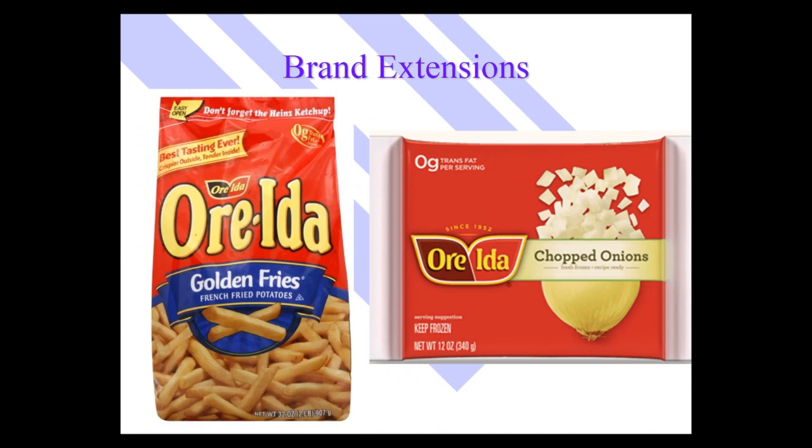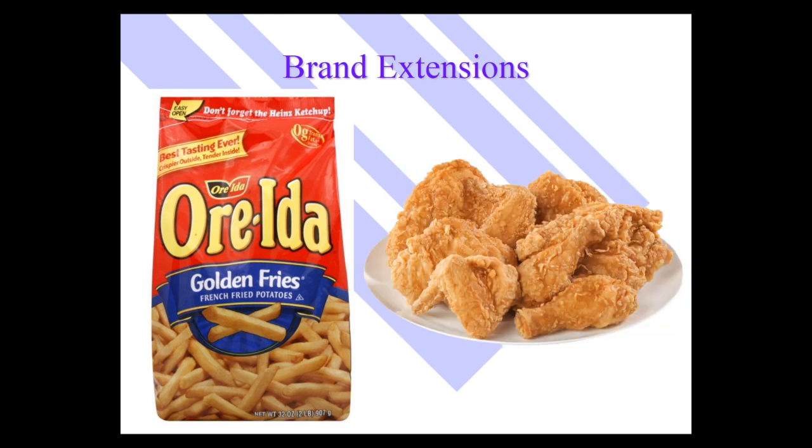At Ore-Ida, we kind of had a brand extension goof back during my tenure. Ore-Ida is almost entirely potato products, although they have put the Ore-Ida brand successfully on some other vegetable products, including this one that is still available, Ore-Ida chopped onions. But what we did in the 80s, big mistake, we wanted to introduce a line of fried chicken. We didn't want to pay to create a new brand, and so we simply took the Ore-Ida brand, deluded ourselves into thinking that Ore-Ida stood for fried foods, and came out with Ore-Ida brand fried chicken. Big failure, because of course Ore-Ida doesn't stand for fried chicken. It stands for potatoes, or if you want to stretch it a little bit more, it stands for frozen vegetables.